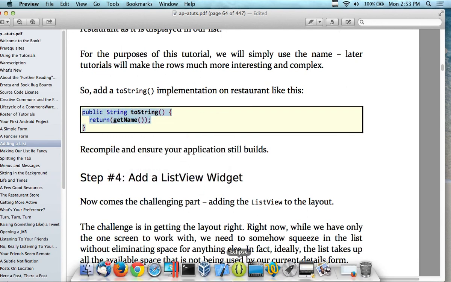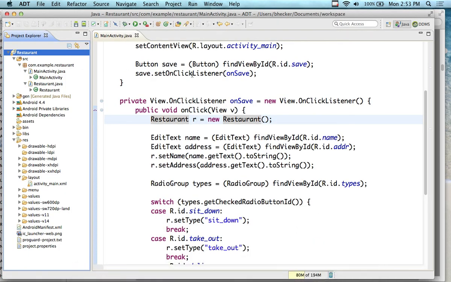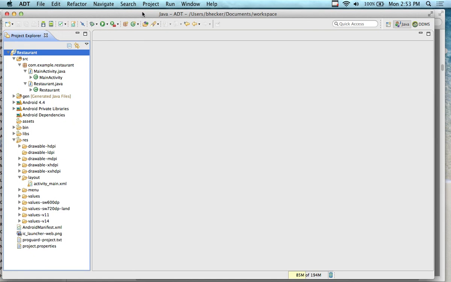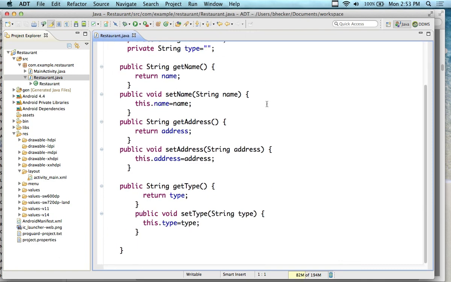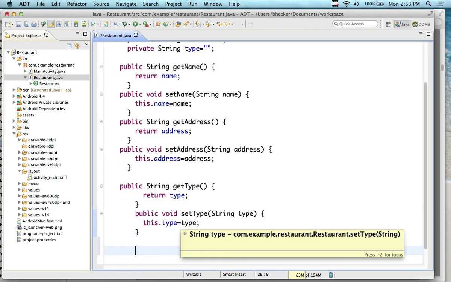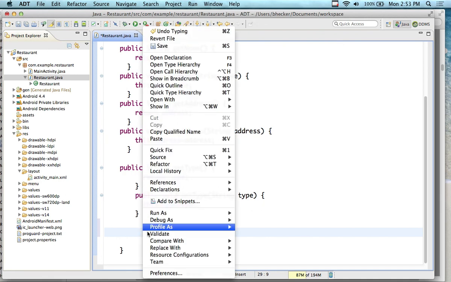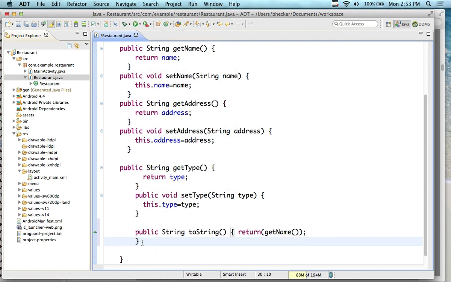If you're from the Java class, or if you've taken Java before, what we're doing is a simple overload of the toString method, which is what normally you would do in an object. Here's the restaurant object. To open up restaurant.java, I'm going to stick it on the bottom and paste. So when we print out a restaurant,